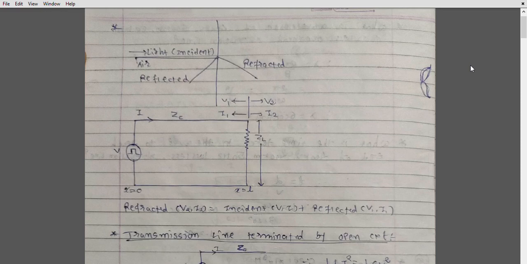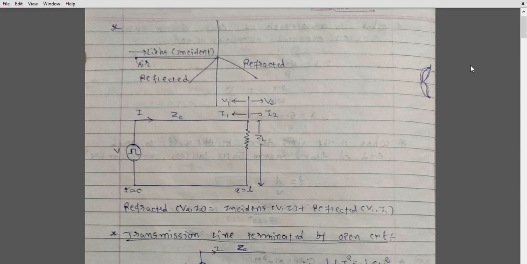Good morning, students. This is the last part of this chapter, and we are going to consider all important topics of this chapter. In the last lecture we discussed the traveling wave and the velocity of wave propagation. In this lecture we are going to discuss the traveling wave with an open-ended line, with a short-ended line, and with an impedance or resistance connected at the load end.